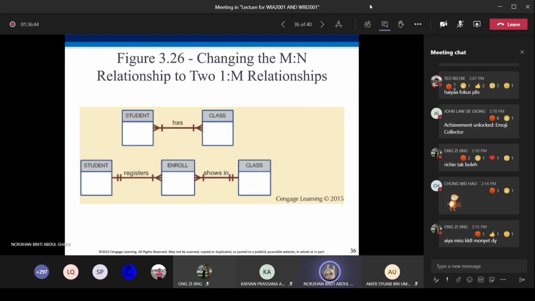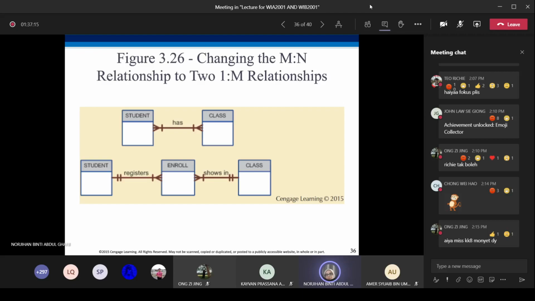This is an approach that we use when we design a database. If there are any many-to-many relationships, you have to solve that by creating a bridge entity. Let's say we look at a relationship between student and class.